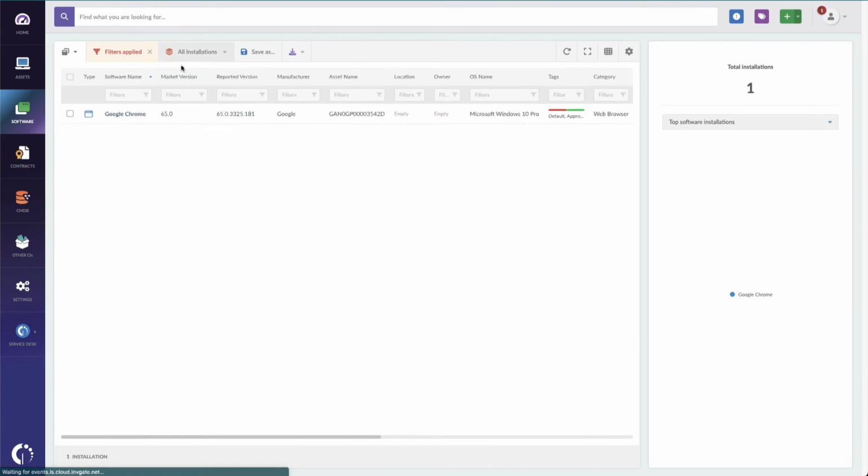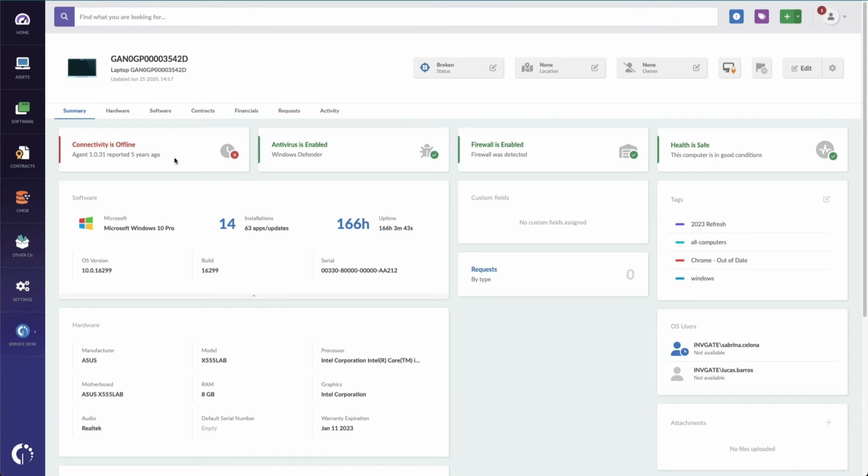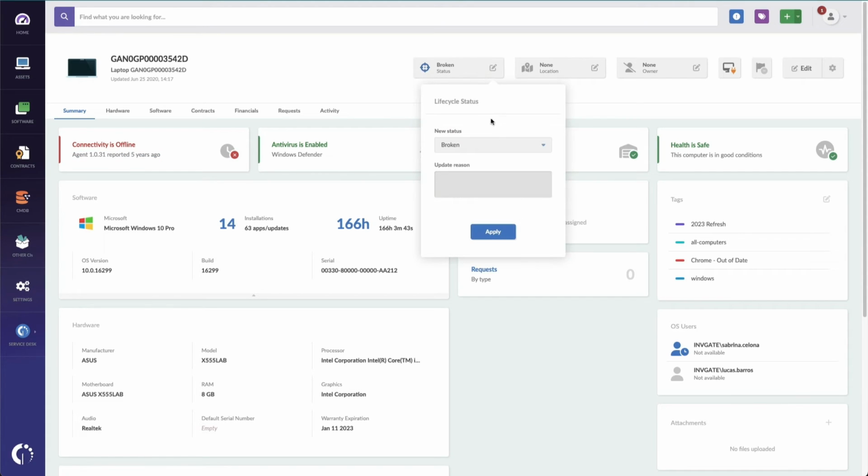If I go to the individual machine running this, I can see it hasn't been connected to the internet in 5 years. So this actually is something that we can move out of a broken status. Maybe I find it, maybe we've already decommissioned it and I find the destruction certificate. I can then mark this as decommissioned, destroyed, recycled, stolen. Whatever the specific case is, I can mark that here